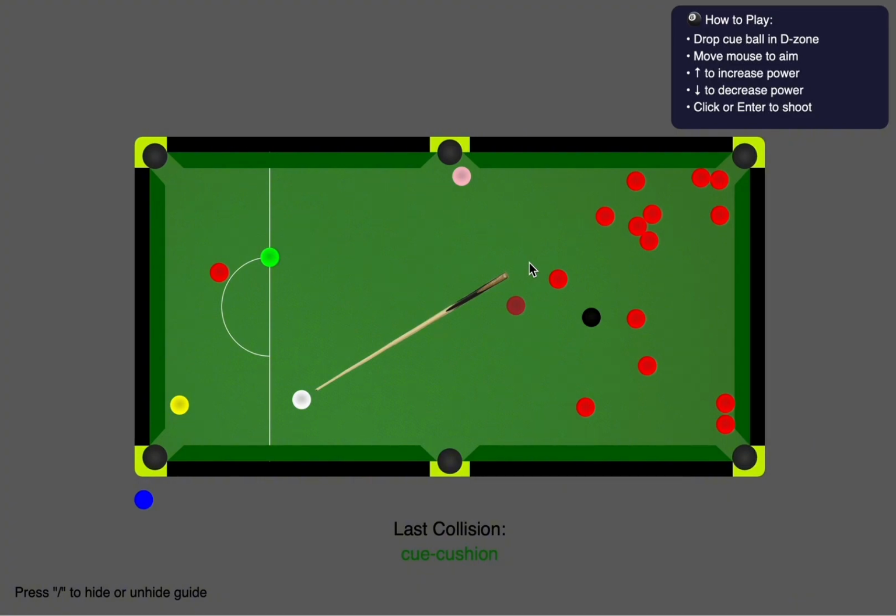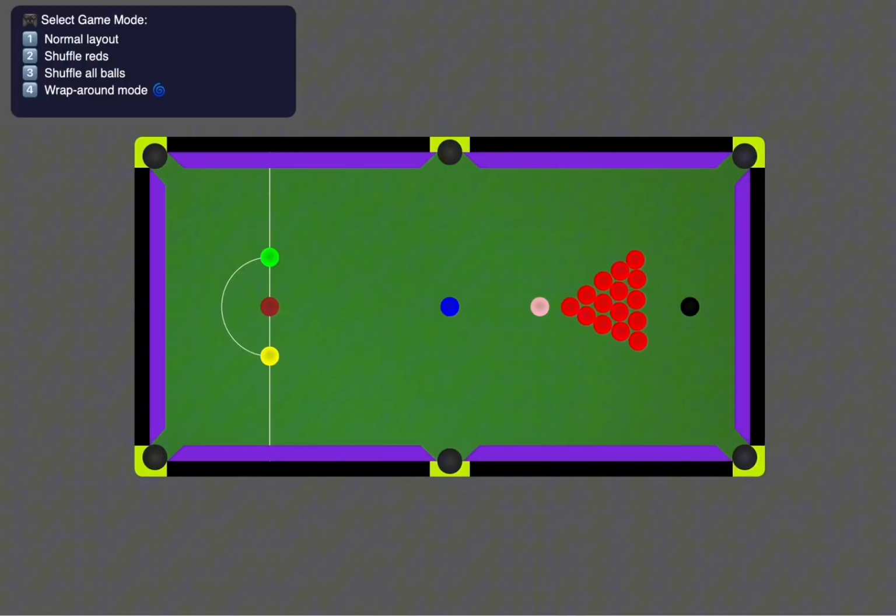Let's go back to wraparound mode by pressing 4. The mode changes the physics. When the cue ball hits a cushion, it teleports to the opposite side. For example, hitting the left wall sends the ball to the right edge, while top and bottom walls are also